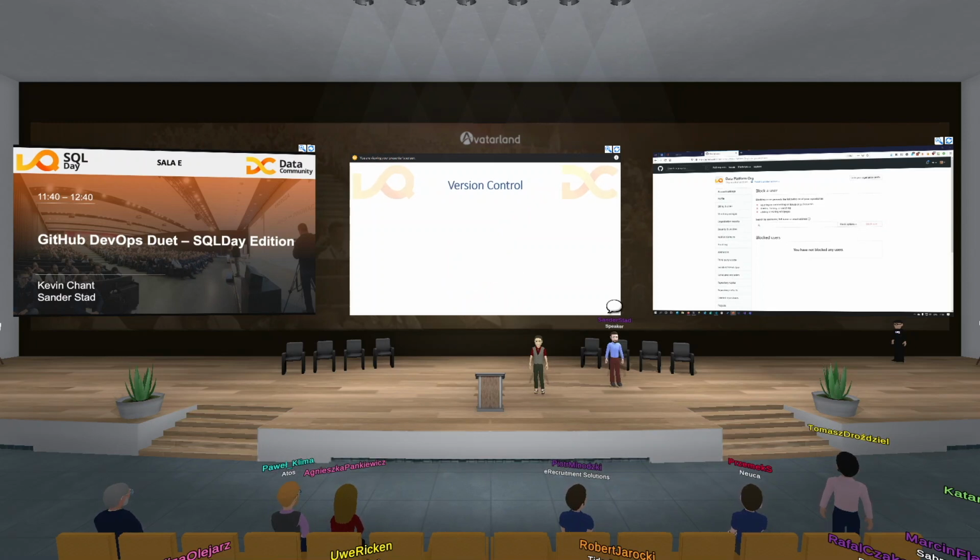Let's cover our version control options with GitHub. You mean like source safe? Well, no. The clue here is that it's in the GitHub in its name. Git has become the de facto standard nowadays for distributed version control systems, and unfortunately and fortunately, it's the only version control system you can use on GitHub. So, if you want to use Team Foundation version control, you'll have to look at an alternative. I hear it's supported in Azure DevOps, Sander. Yeah, well,